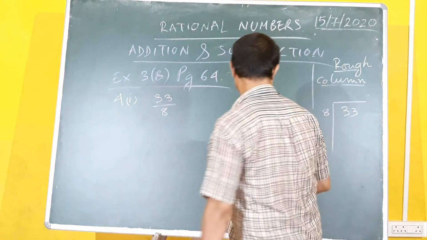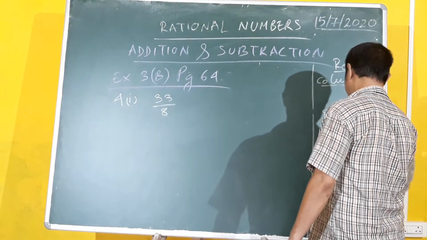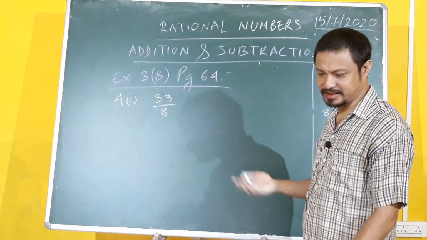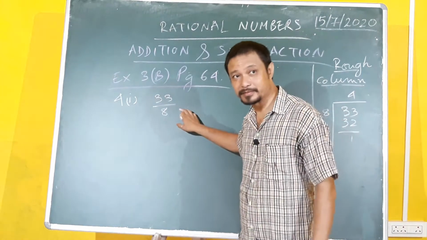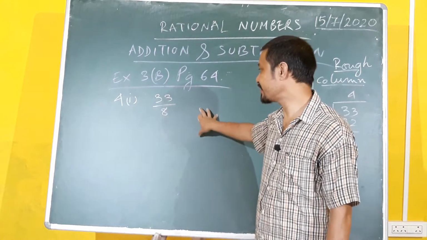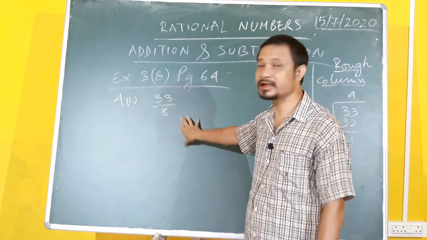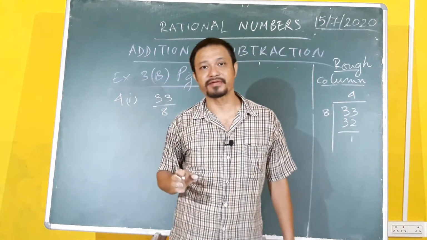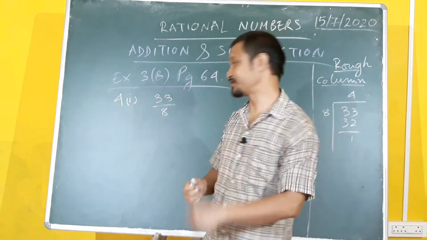Okay. So 8 fours are 32. Remainder 1. So what do we get in a normal class 2 or 3 maths? I think this is what they will tell you. So this is an improper fraction, right? If you have to talk in terms of fraction, if you have to write the final answer, you will never write the final answer in an improper fraction format. This will be very wrong. So what can you do whenever you have an improper fraction? You have to convert it into a mixed fraction, right?